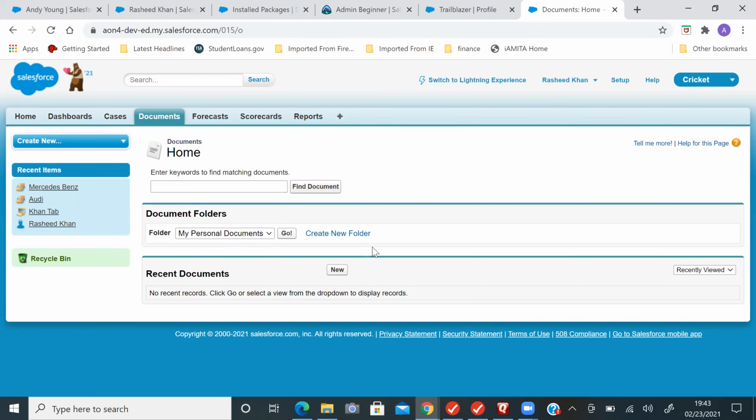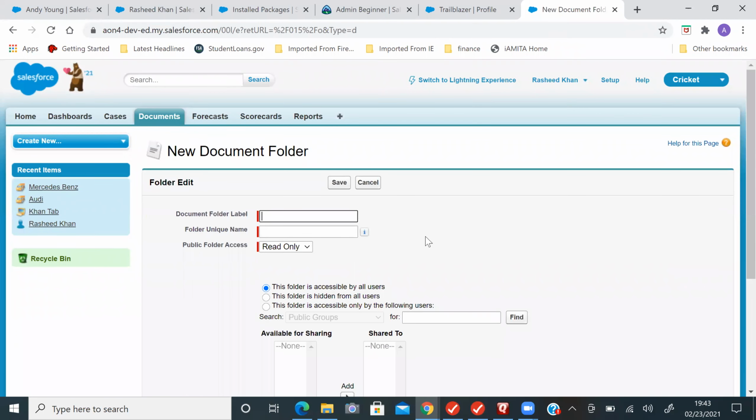Now you can see the document folder, right? You click on that drop down folder, my personal documents. So only my personal document is there. Whenever you upload any external logo to use in our application, it can be saved in my personal documents as well. But as a Salesforce admin or super user, we can create our own folder, upload the images there, and pick those images for your application. You got it, right?